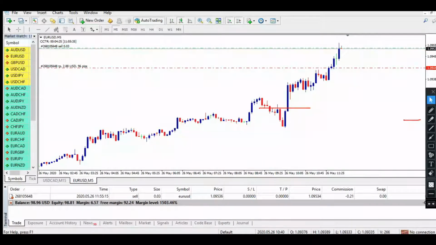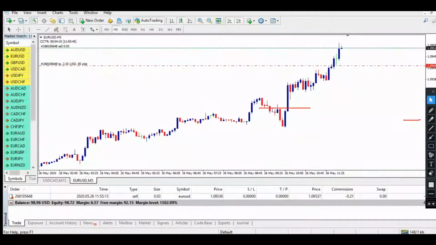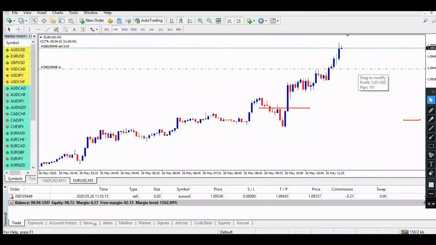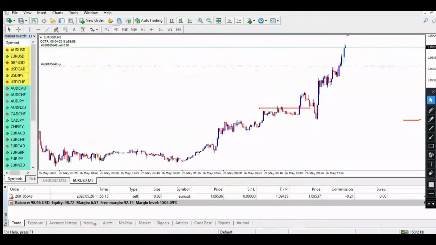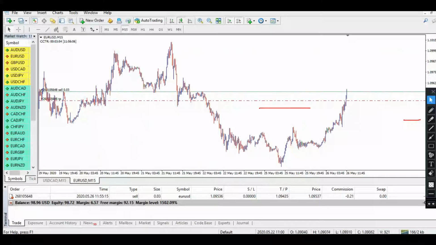So as I can see, in this particular area. Sorry, network issue. As I can see, this particular area is my nearest resistance zone, which will provide me 10 pips. As I take the trade based on the 15-minute chart, the nearest support will be, as you can see,